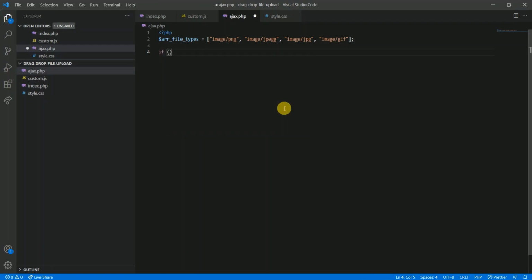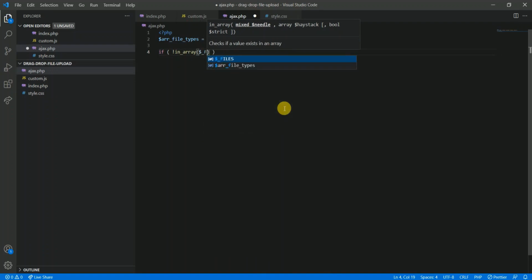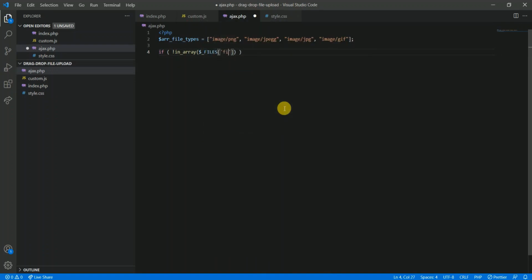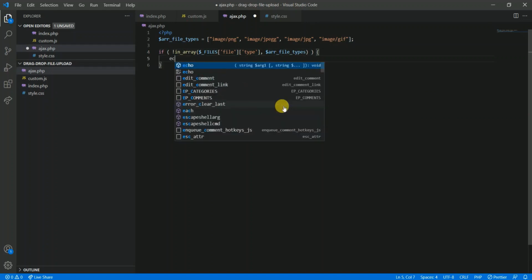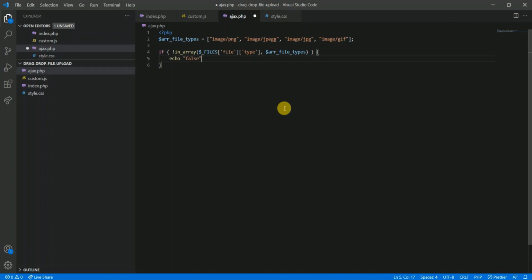Let's return false if the uploaded file is not of this type. Once this check is passed, we are safe to upload the file on the server.